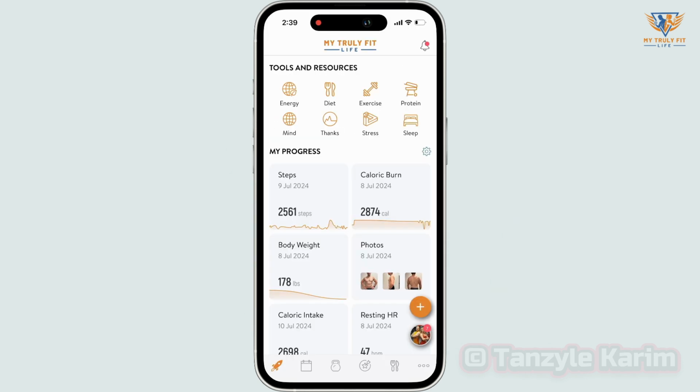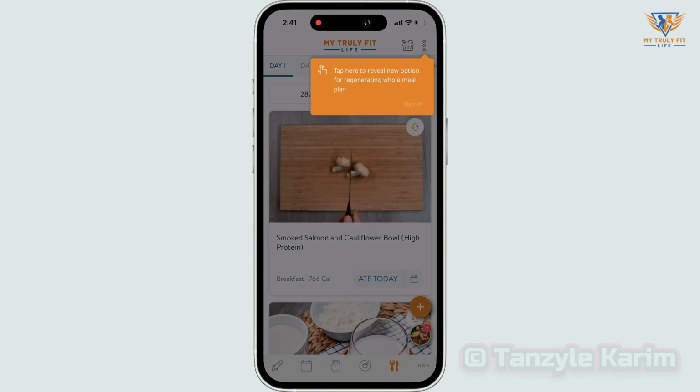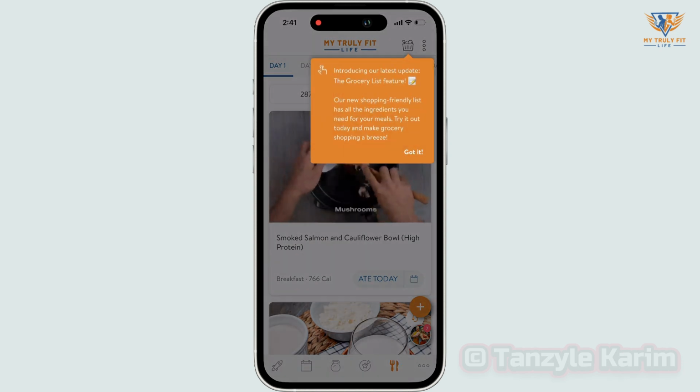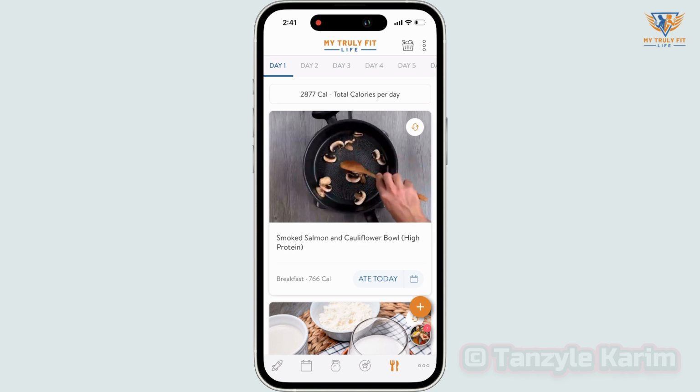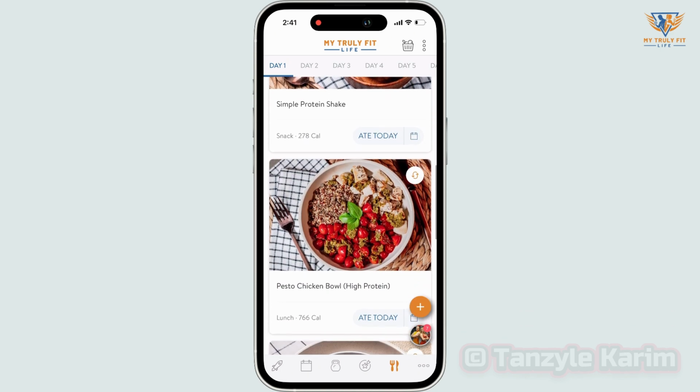Next, the meal plans. If you choose the fork and knife icon at the bottom of the screen, you will open your meal plan. Remember, nutrition is 70% of your results. If you have a meal plan, you should follow it. A really cool feature is having the ability to generate a grocery shopping list. And if you don't like the selection that comes up on a particular day, you can regenerate until you find